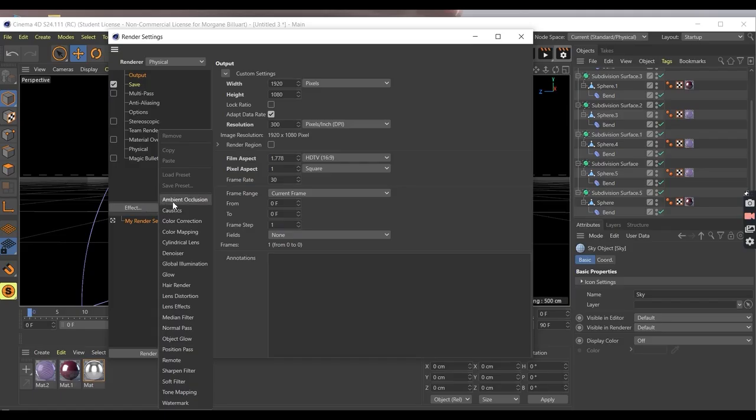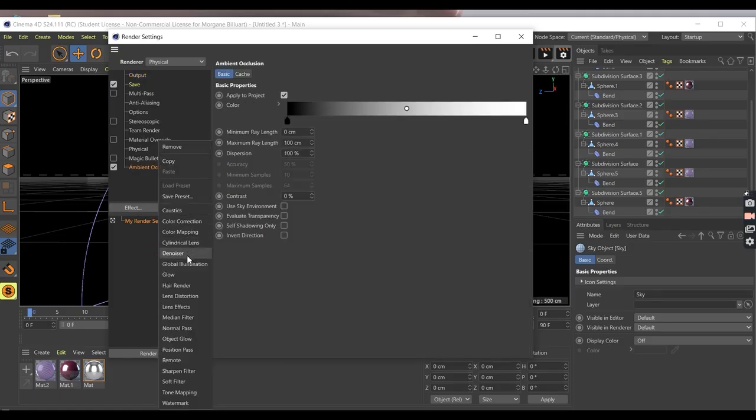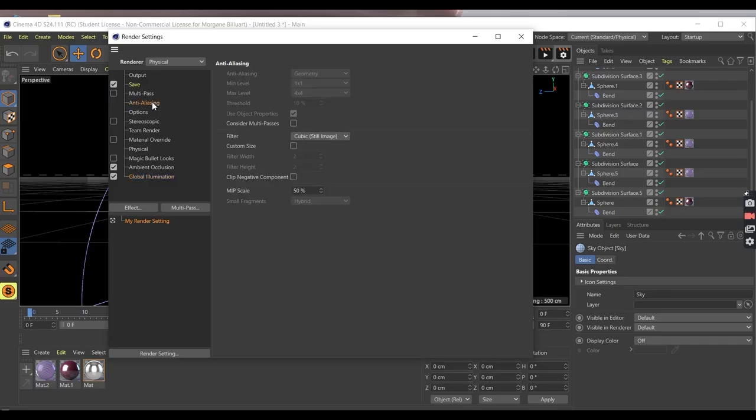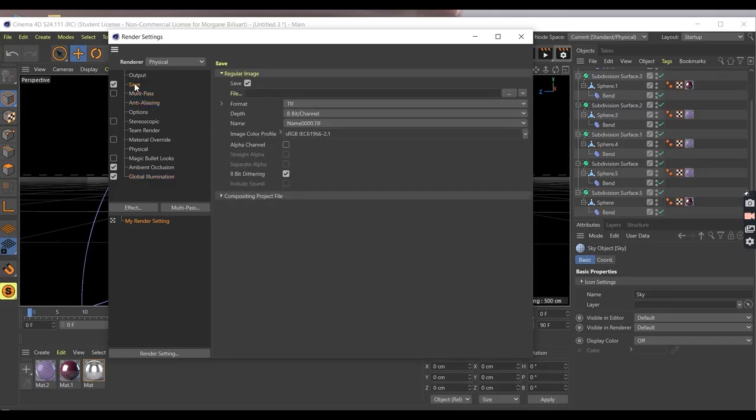You're gonna go to Effects and check Ambient Occlusion and also Global Illumination. These two effects will make sure that your object looks as realistic as possible. What you also want to do is go to Save, and this will basically enable you to mark where you want your file to be exported. I will explain that in a minute, but what we want to make sure for now is that we